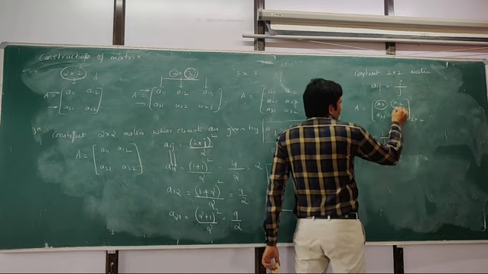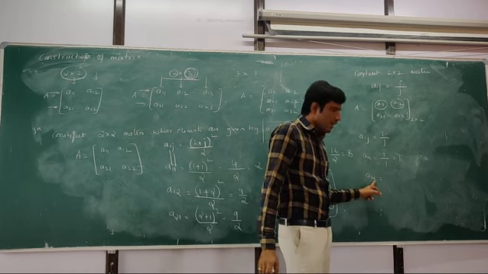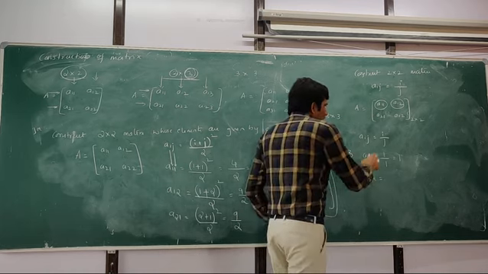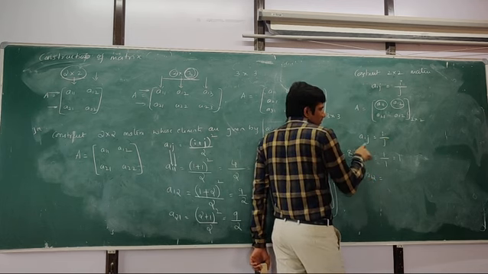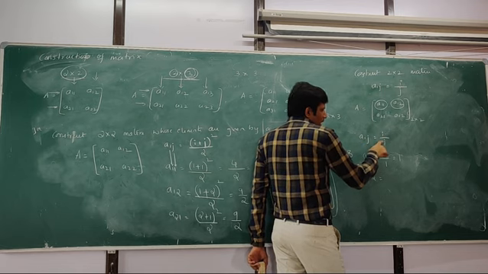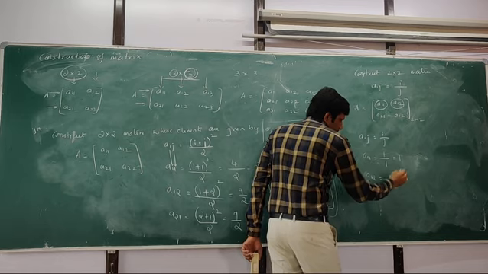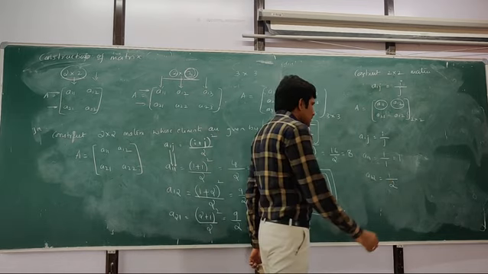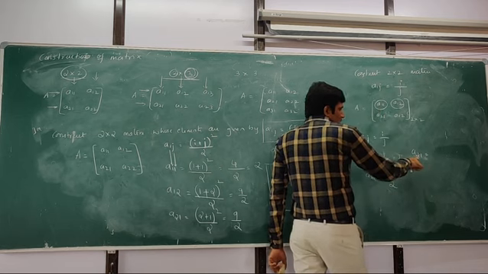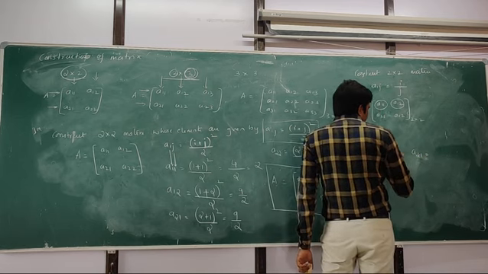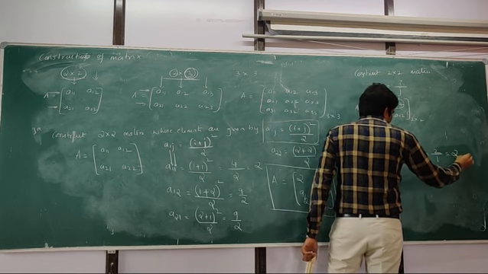Similarly, the next element is A12. A12 means put i equal to 1 and j equal to 2. So i divided by j. What is the i value? Here the i value is 1. The first value represents i, the second value represents j. In place of i substitute 1, in place of j substitute 2. That is 1 by 2. Next element is A21. So A21 means put i equal to 2, j equal to 1. The i value is 2, j value is 1. So 2 divided by 1 is 2.